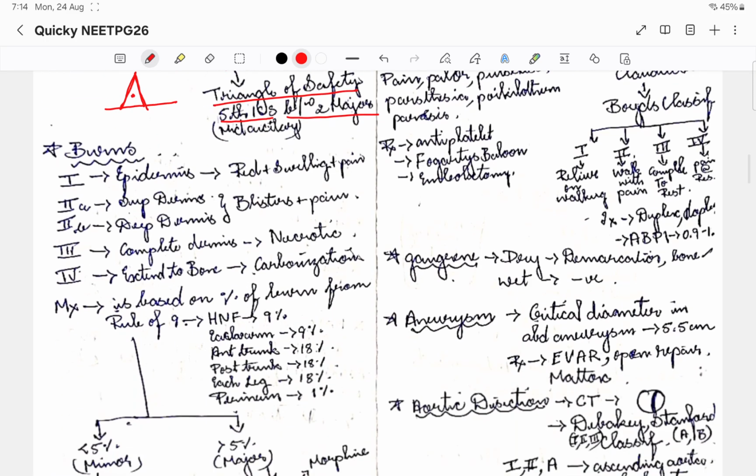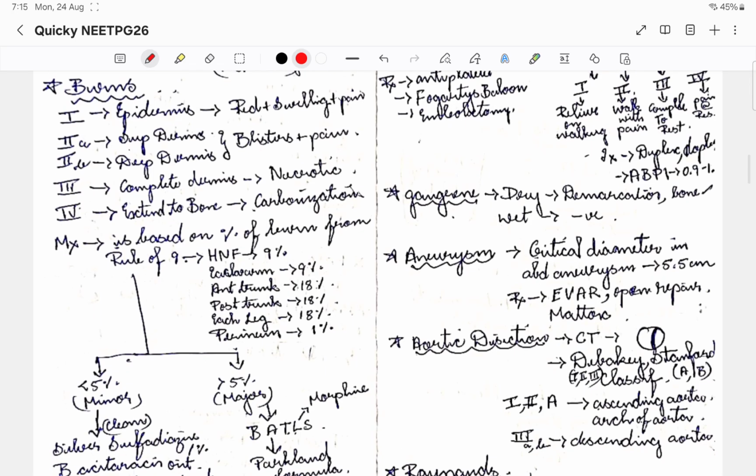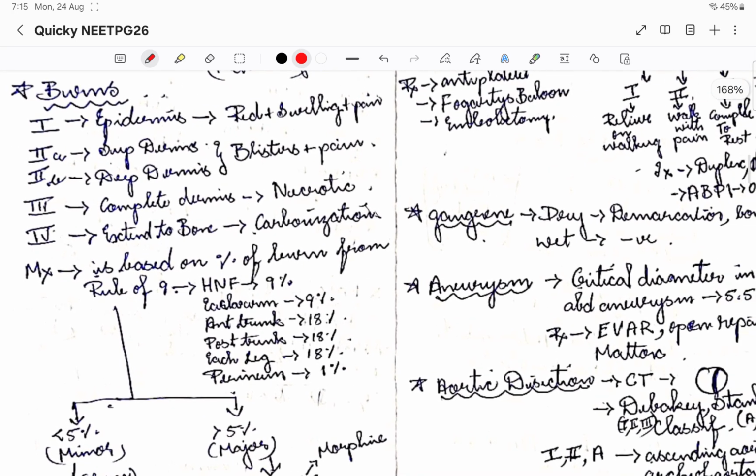Okay, then moving on further, burns. There are grades of burns, that is, there are four grades of burns. The first grade is where the epidermis is involved, and the features will be redness, swelling and pain. This is the normal hot burn that we will be having, right? When we are cooking or heating something and we get a burn, it is definitely going to be a